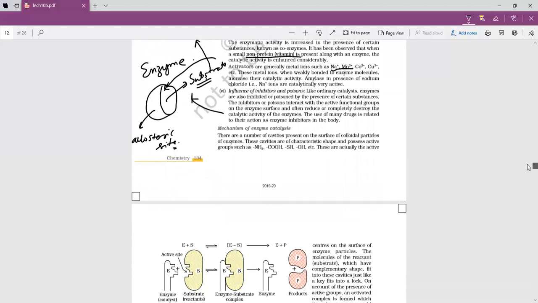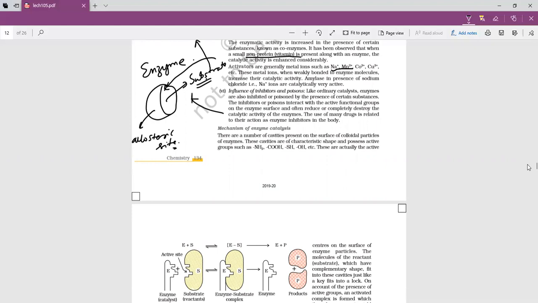This I had discussed in detail when I was talking about enzymes and the poisons over there. So inhibitors, or poisons, are molecules which mimic the substrate or get attached to the allosteric site and change the structure of the enzyme, as a result of which it fails to work efficiently or fails to work completely even.